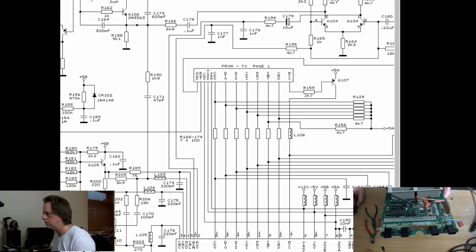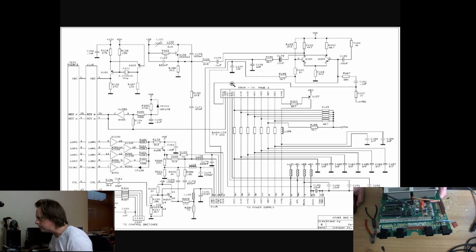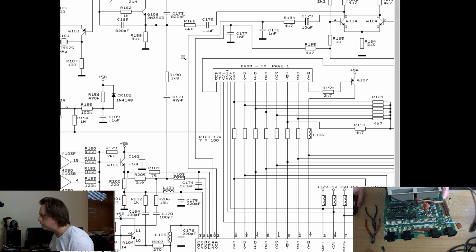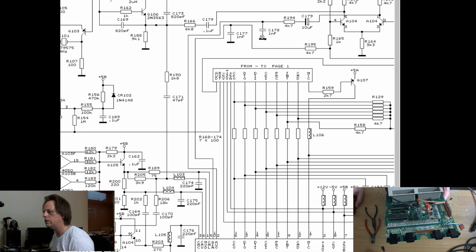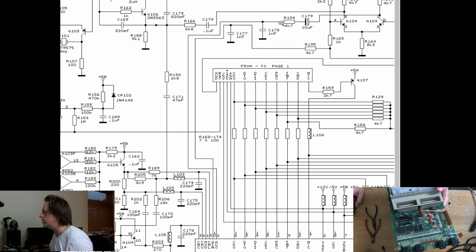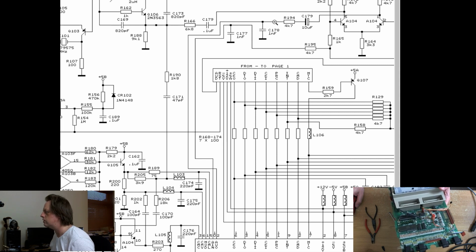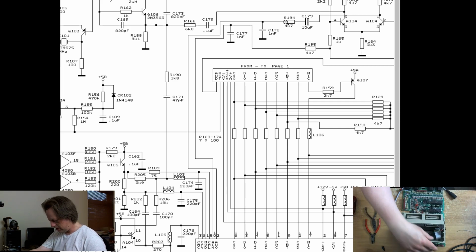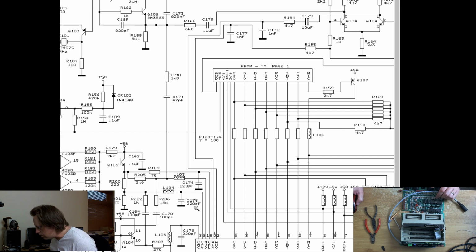So if we follow audio here, coming in here on pin 2, all the way up here, all the way up here, and there's our C178 going to ground, so we need to take that off, and we need to remove R194 as well. And once we've done that, then we can connect the audio wire to the hole in the board where this end of R194 used to be, and we should have a completely isolated path to the connector. And the other one,